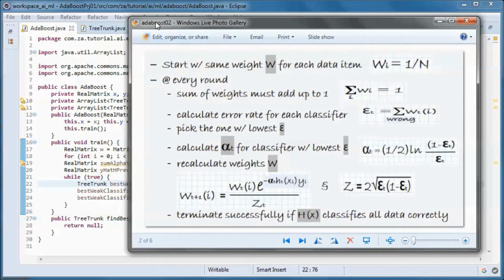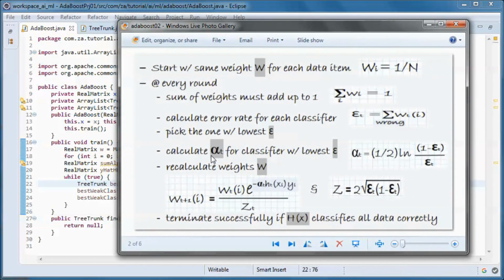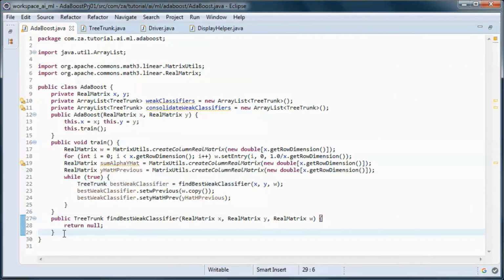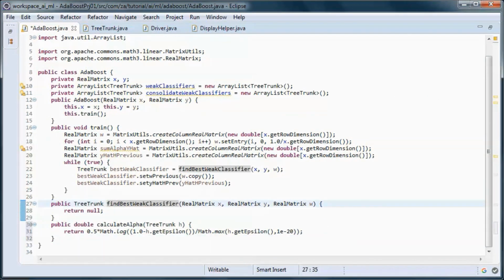And we need a method that calculates alpha for the classifier that we picked here, and we calculate alpha using this formula. So this should do that.